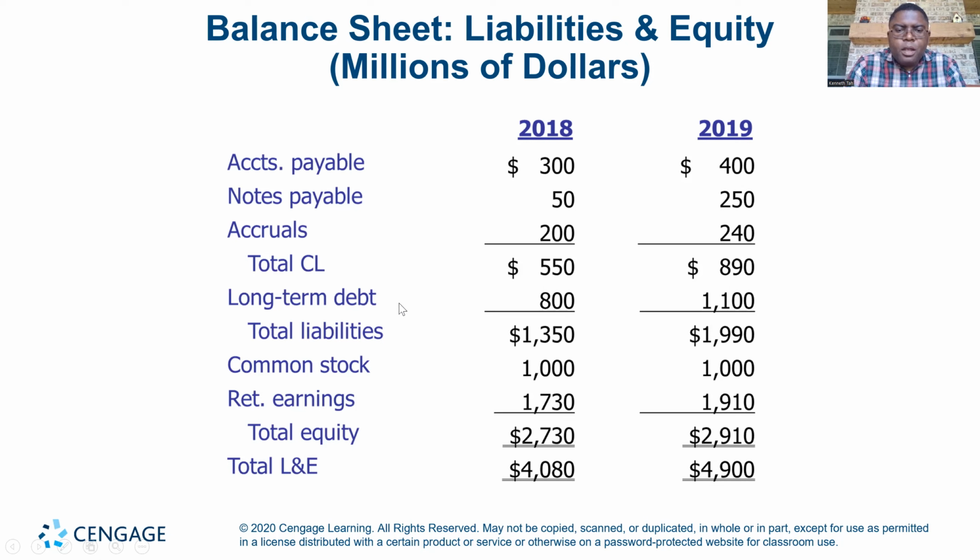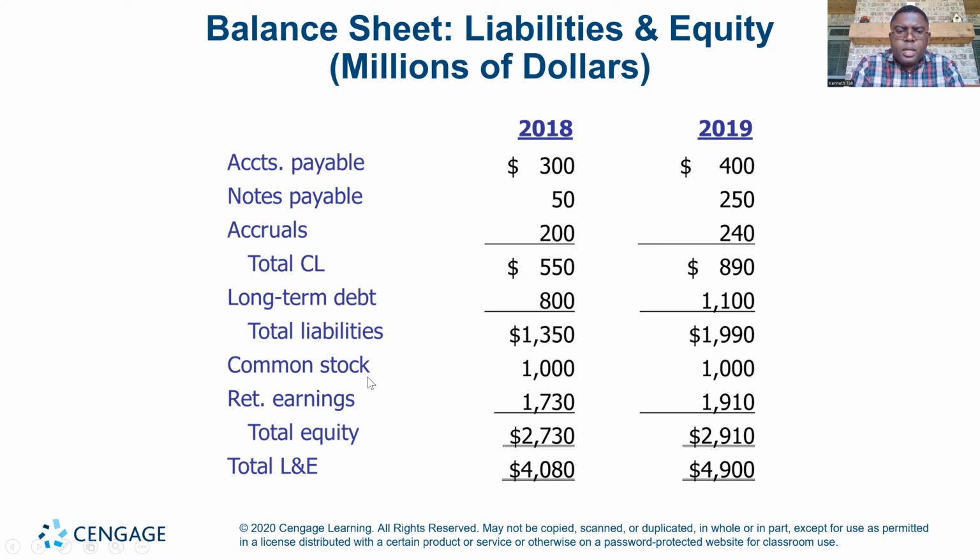Then we also have long-term debt. Long-term debt are claims held by someone other than stockholders, and it is for the long run. If we take long-term debt plus current liability, that is going to give us our total liability. Once we have total liability, the next item that comes on the balance sheet, liability and equity side, is the